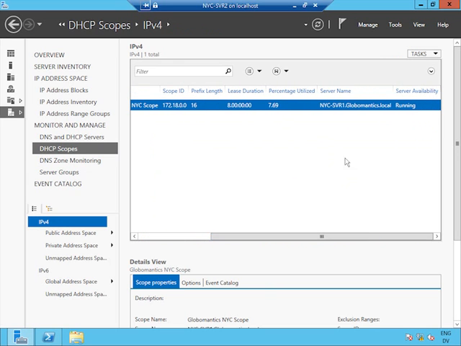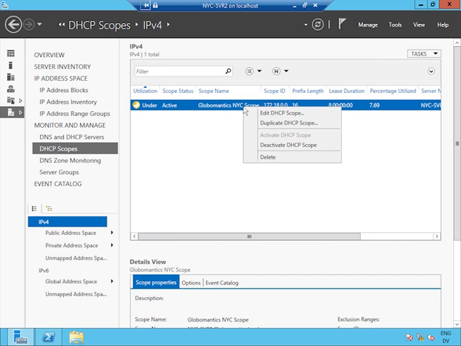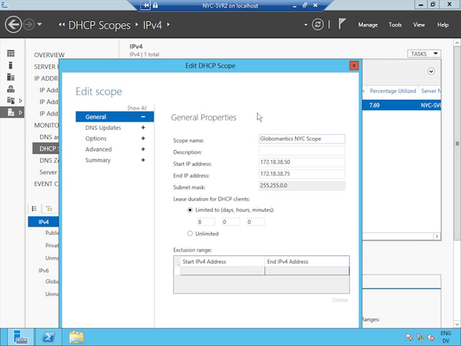I can see where that server is. I can see that it's running adequately. This looks good. If I right-click it, I want to configure the details of that scope. I've got access to that from right here. And there's our IPAM scope configuration window,